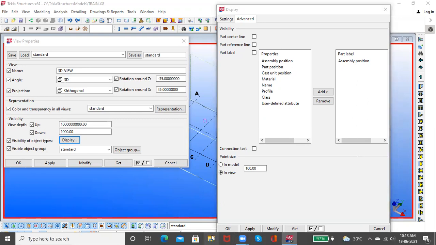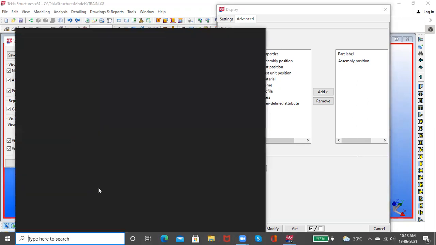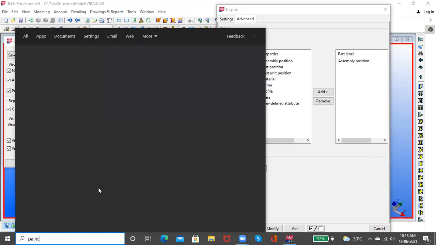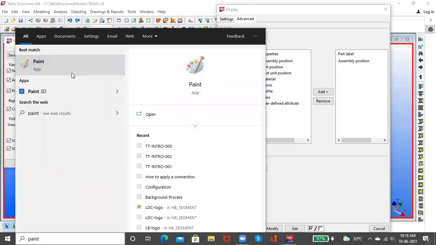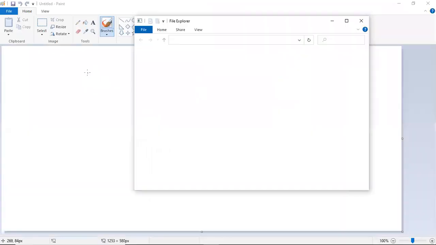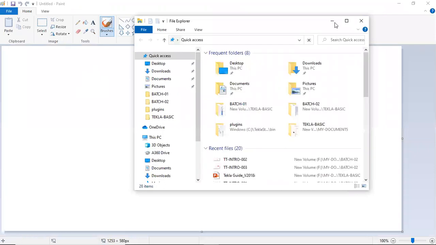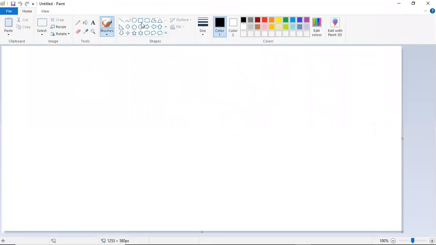So in case of steel, say this is my steel beam.